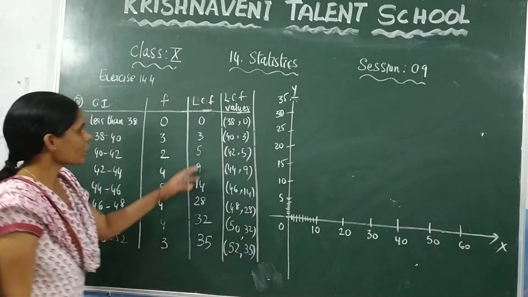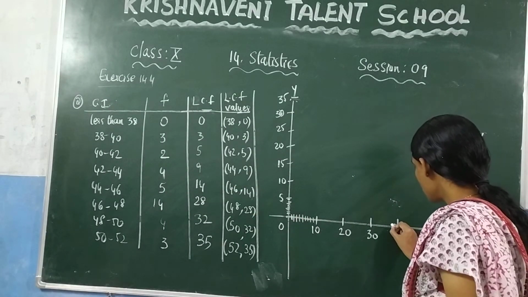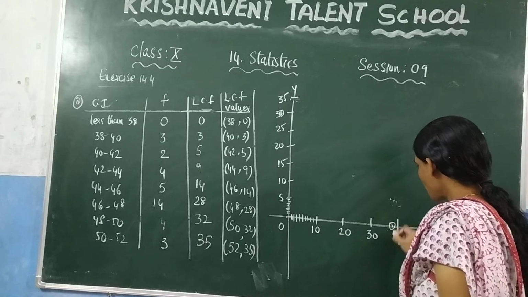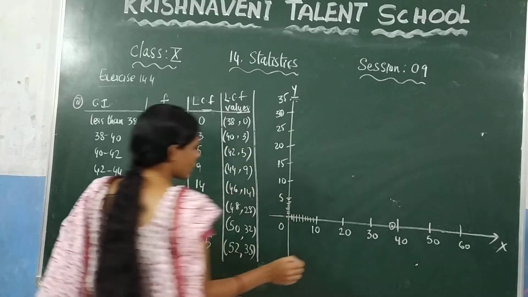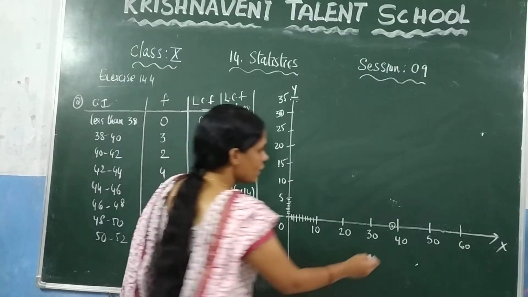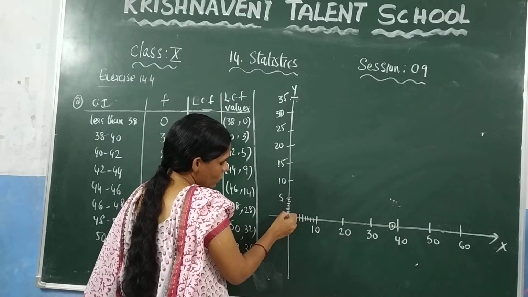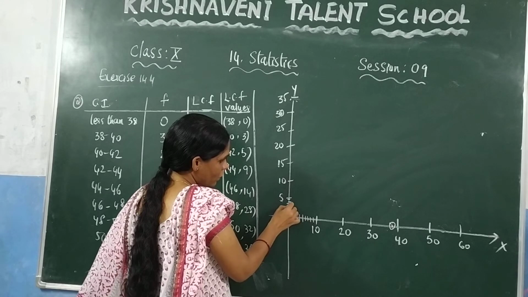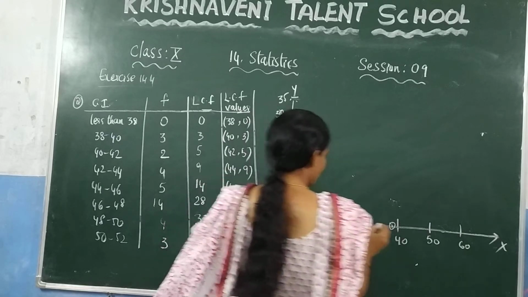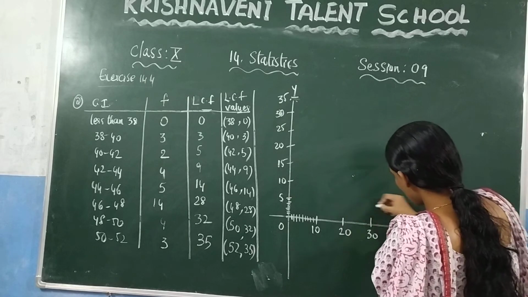Now draw it here, 38, 0. Where is 38, 0? Here you will get it. This is 38 and 0, that is this point. After keeping the point, keep a circle so that you can locate the points. Now 40 and 3. Where is 40 here? This is 40. And where is 3? This is 3, right? 0.5, 1, 1.5, 2, 2.5, 3. Here it is 3. So locate 40 and 3 here.